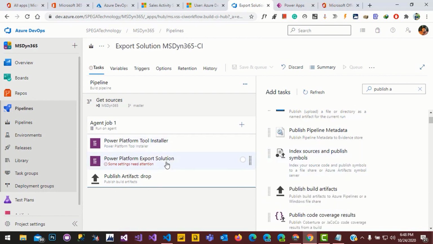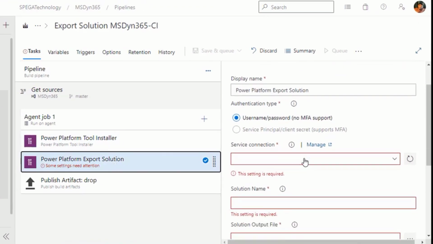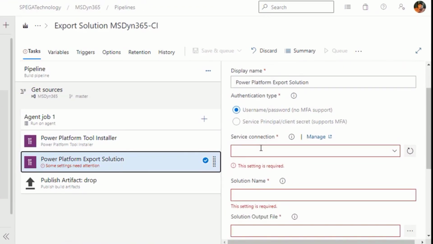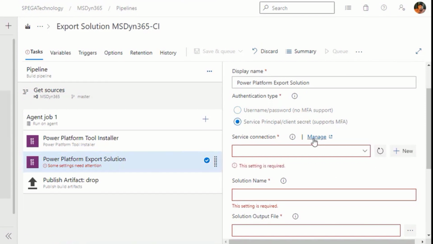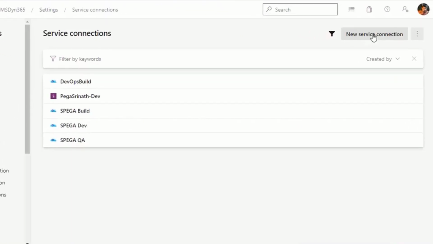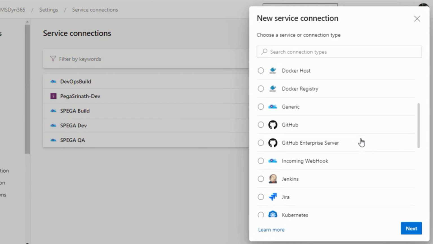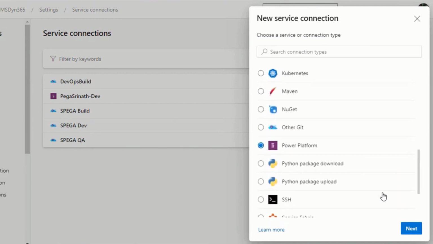So the export task is asking for some settings. Let's do that one. Here it is asking for a service connection. There are two types of service connections: one with no MFA support, and another that supports MFA. No MFA means it will ask for the username and password, basic authentication. The other one is MFA, where a service account can be used with MFA. Just select this one and click on manage, click on new service connection and search for Power Platform, click on